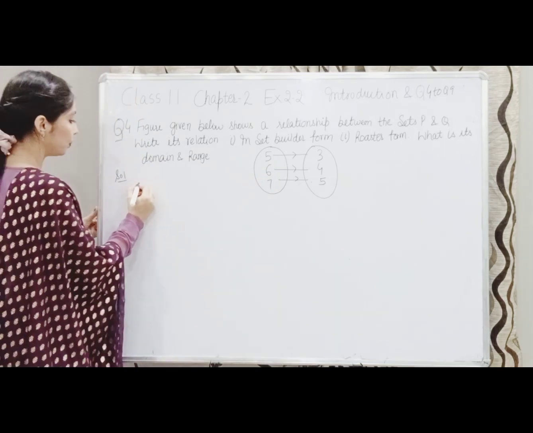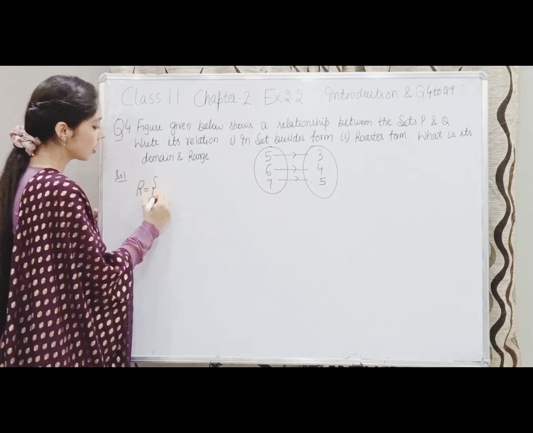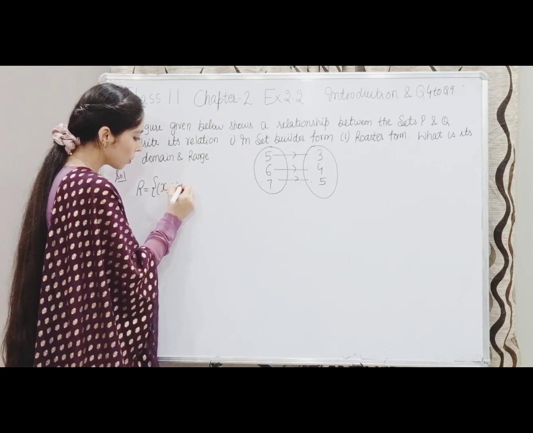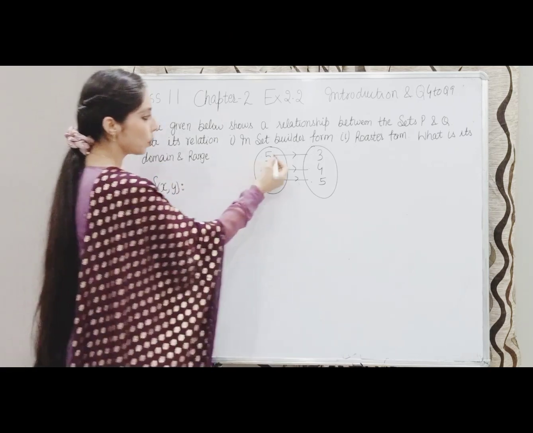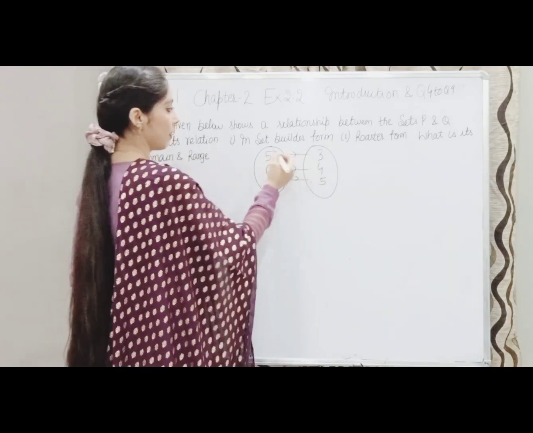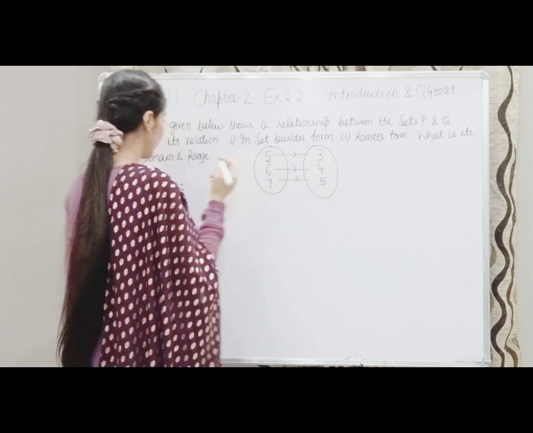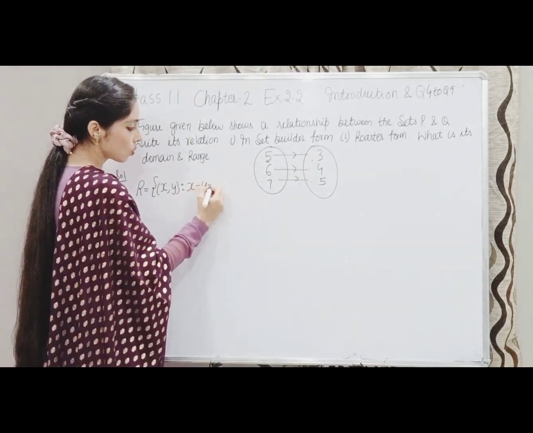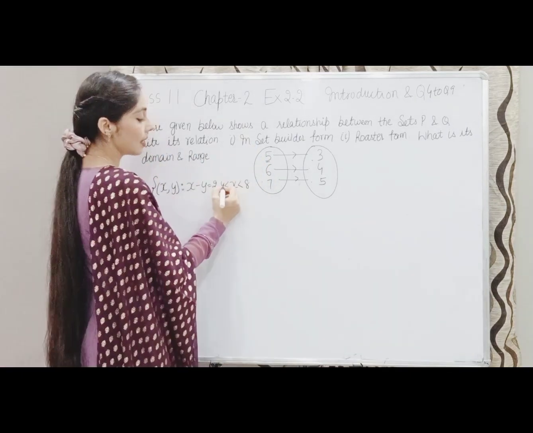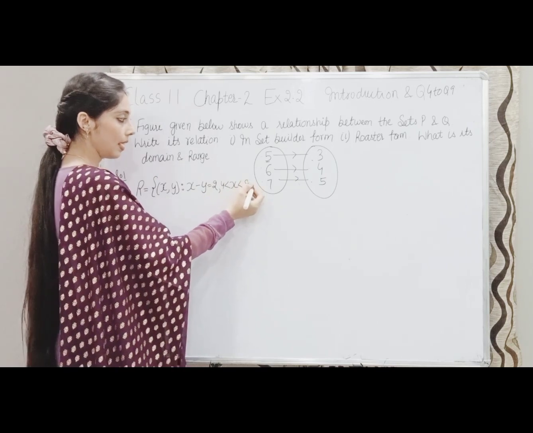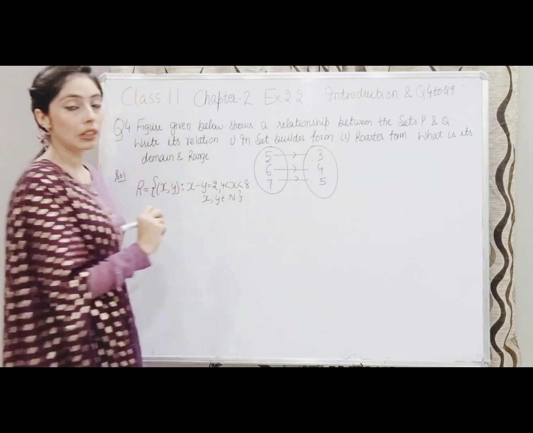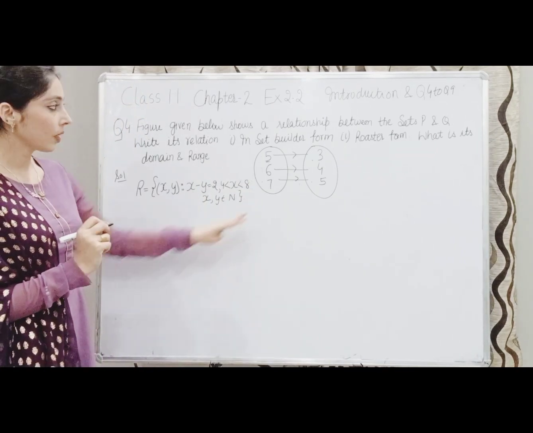Okay. So, first of all we will write the set builder form. So, this will contain those ordered pairs such that what is the relation between these two? 5, 3, 6, 4, 7, 5. So, we can say that x minus y is 2. Okay. So, x minus y is 2, but there is some particular condition on the first set, like x is greater than 4 but less than 8, and x and y belong to natural numbers. This is the set builder form of this relation.